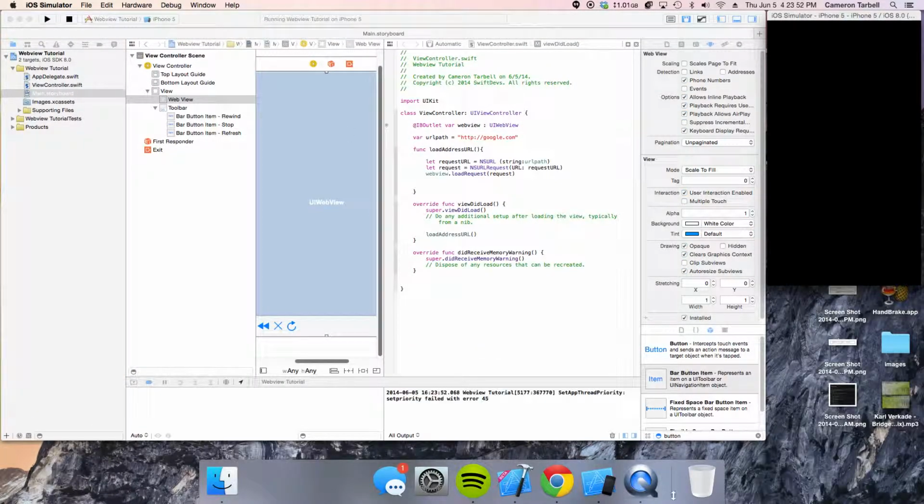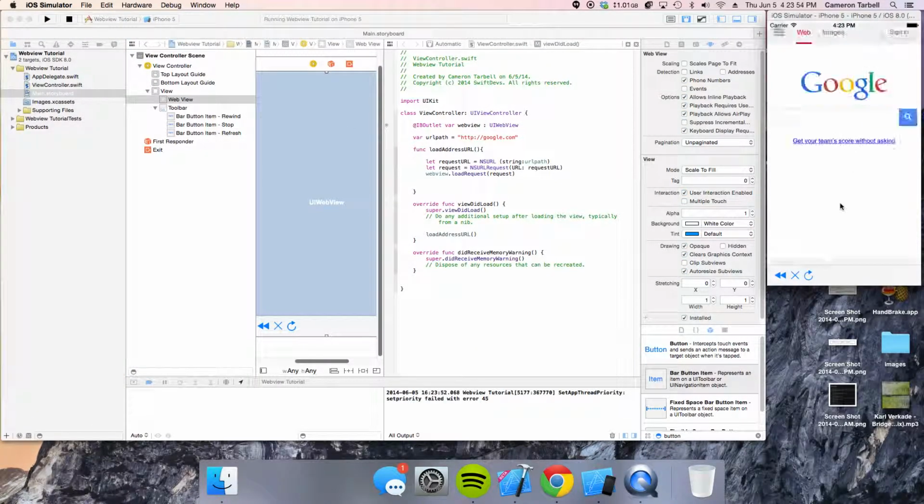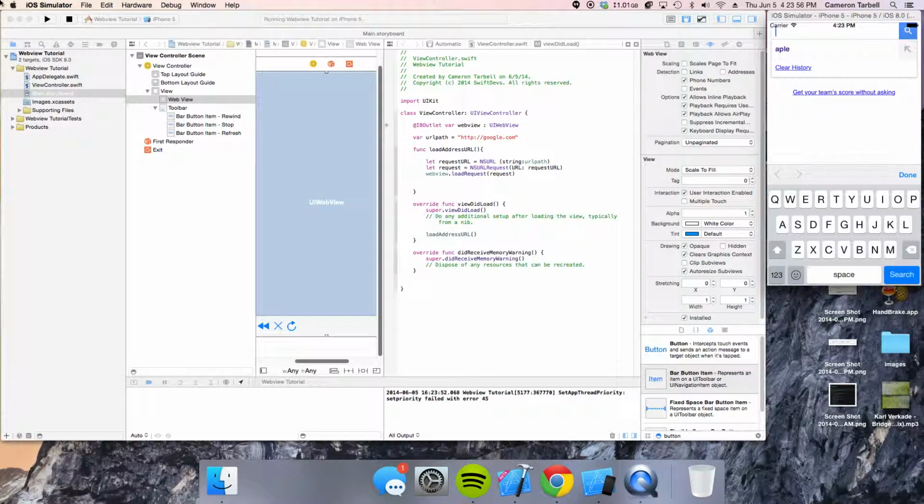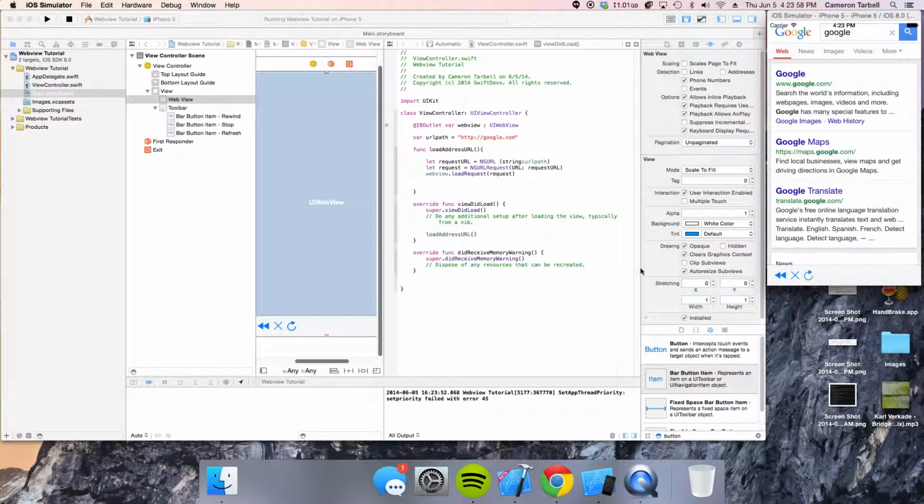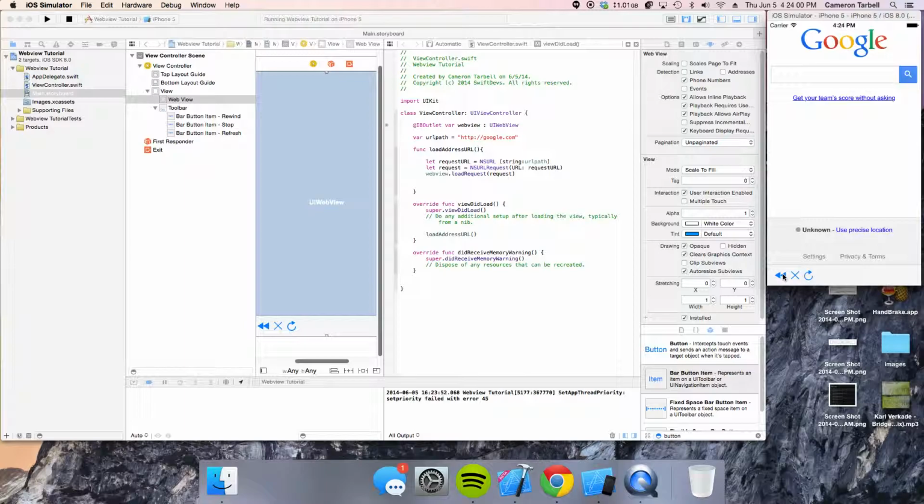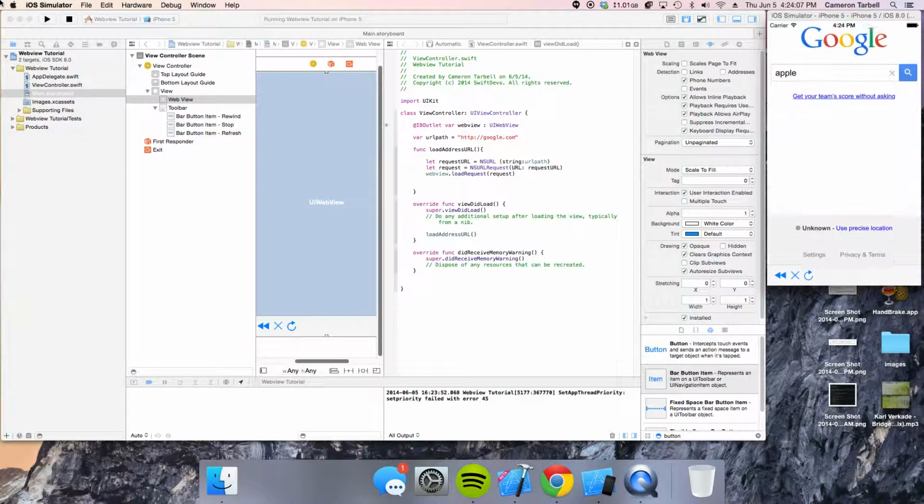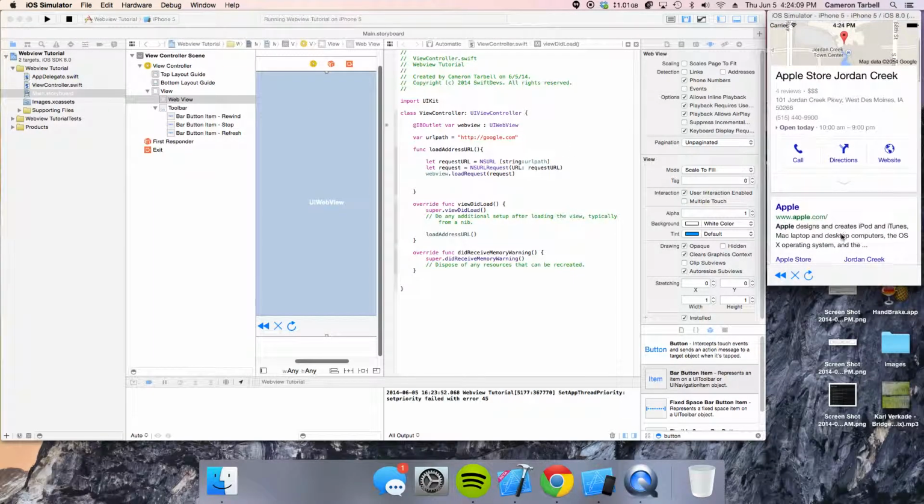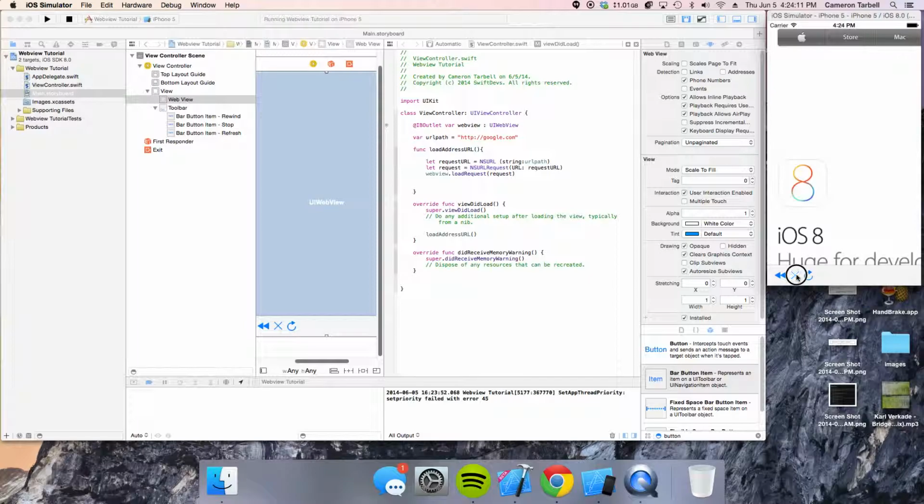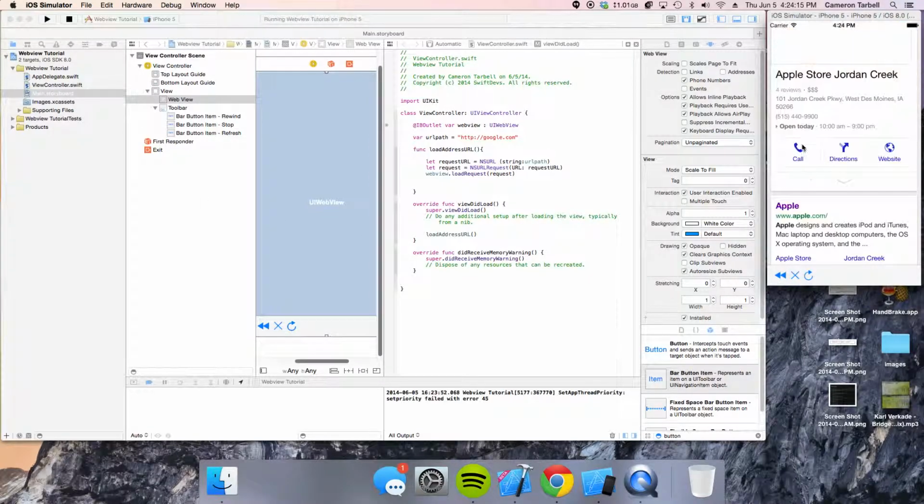So if we load it, Google loads, let's Google, and now we can go back, we can refresh, and let's see here, let's load up Apple and stop it. We can stop. All like that, go back, refresh. Everything's working. So that is the basic